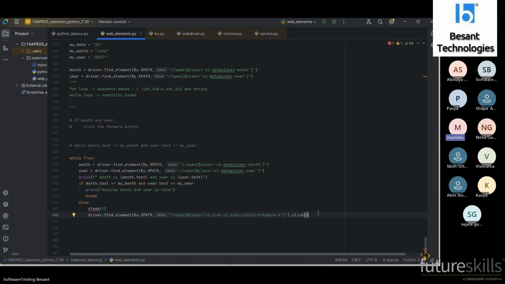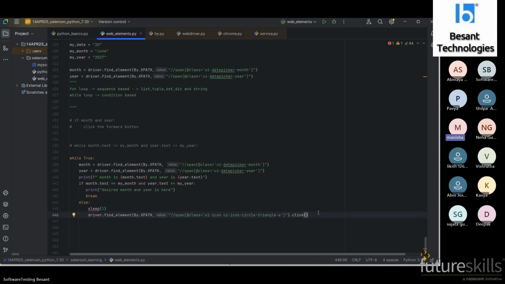First we'll enter the while loop, then we'll fetch the month and year values which are currently displayed in the label. I'm printing them just to make sure. Then I'm putting the condition to match my month and year, which I've given manually in the program.